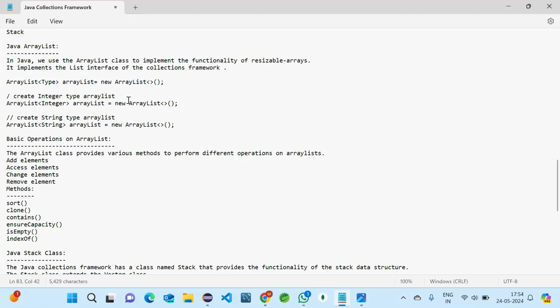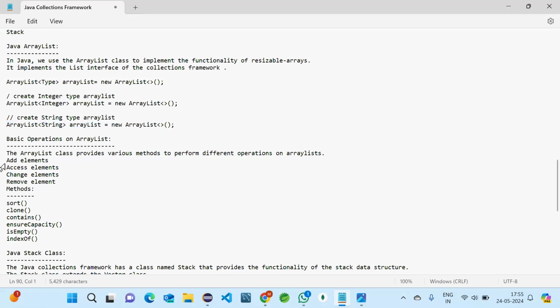This is angular braces, and this is round braces, normal braces. If we want to create an ArrayList for integers, we can directly replace type with Integer, and this will be for integers. We can directly replace type with String, and this will be for strings.